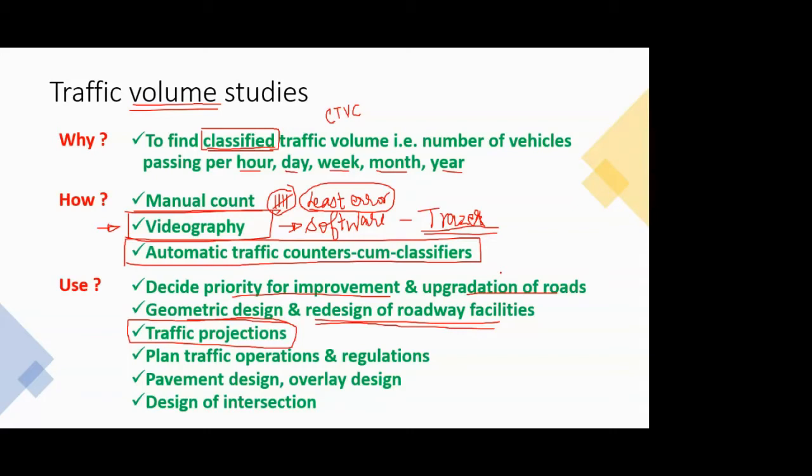You always project it to some higher value, maybe in the next 10 years or next 20 years, what will be the increase in population. So in the same way, what we do in traffic volume studies is we find out the actual base traffic. Suppose I have done the study today, so it's giving me the traffic of year 2020, but I will not design it for 2020. I'll project it for, suppose, 15 years ahead. So I'll design it for the traffic which is expected in year 2035.